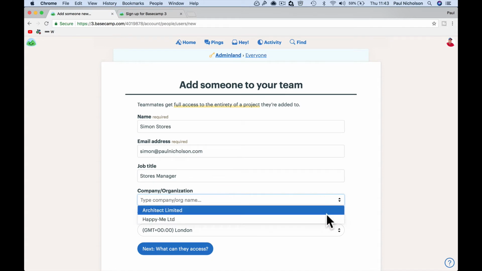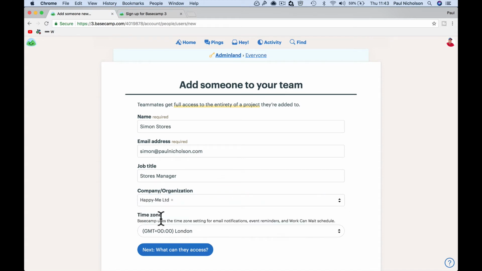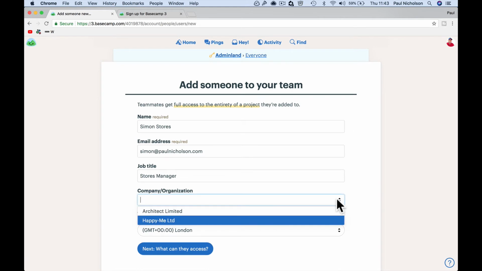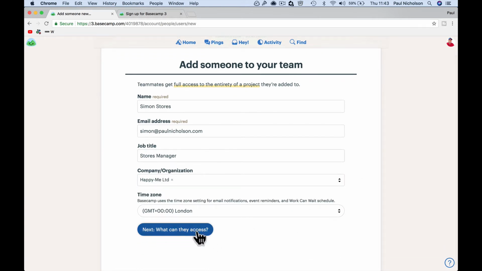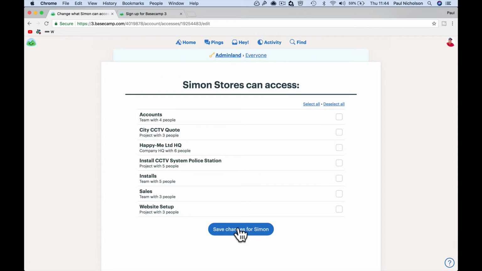Company is your company. That one showed the Architect Limited. I'm going to show you what that is next, but that'll always be your company. So if you're doing internally, putting a person into your private network, you're going to add that person to your company. Then you're going to say, so this is the stores manager, what am I letting him into,